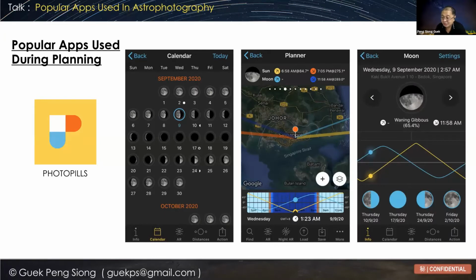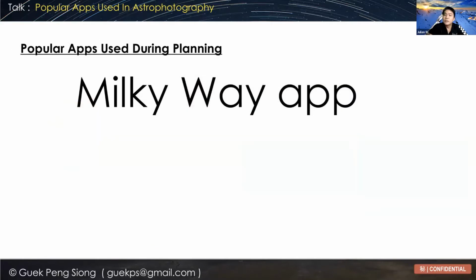Then we can also check from here how the moon looks, how bright it is. Okay, how many percent? Typically 65% is still okay for me. Okay, Beng Xiong, yes. Actually, all these apps you basically use for planning. I understand that